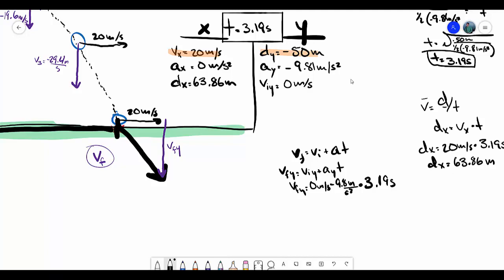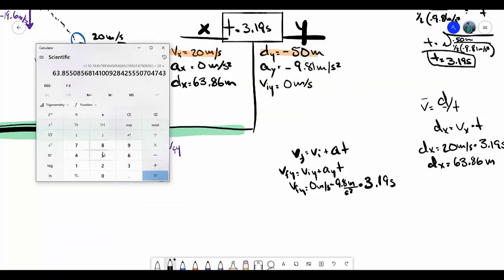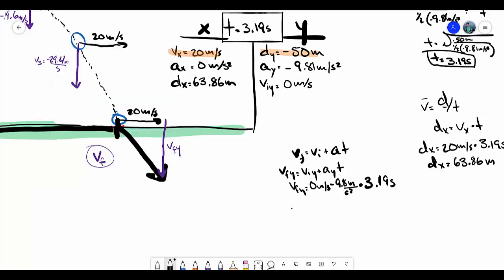Now, negative 9.8 times 3.19 seconds. We have a final velocity along the y-axis of negative